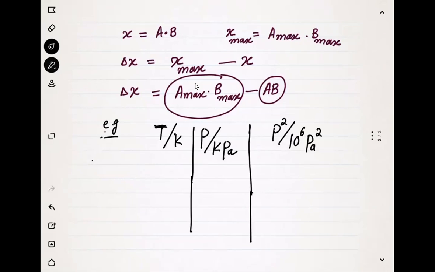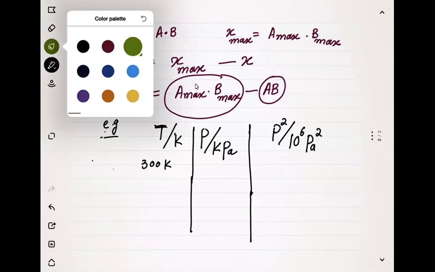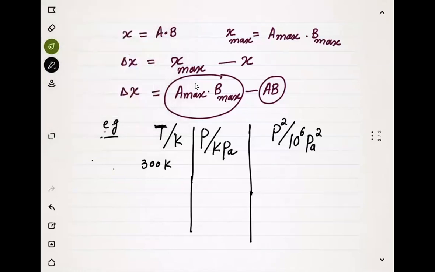So the method is, for example, if temperature is 300 Kelvin and pressure is, for example, 200 plus minus 2 kilopascal,